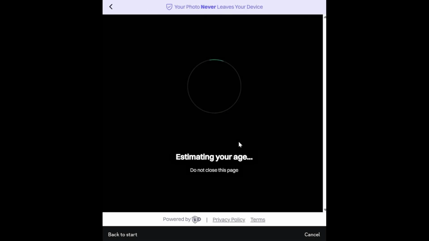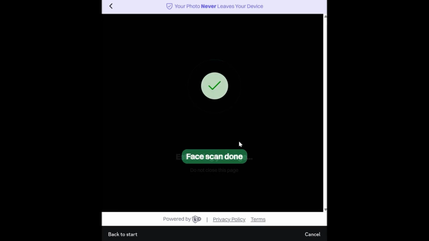Make sure you're in a well-lit area and carefully follow the on-screen instructions to complete the facial scan. Once the verification is finished, Discord will confirm your age group and your age verification will be successfully completed. You can now continue using any features that require age